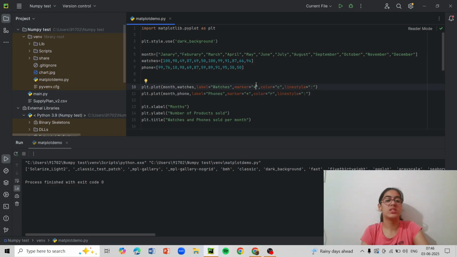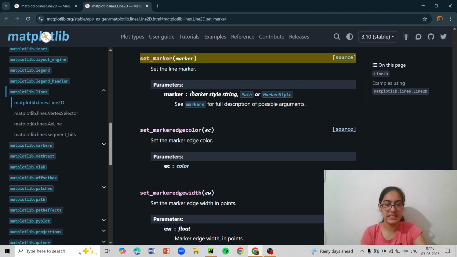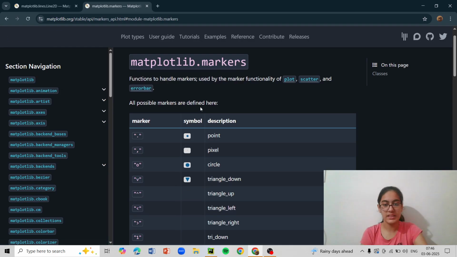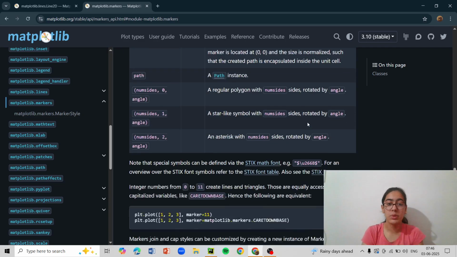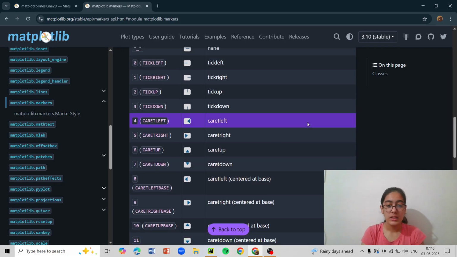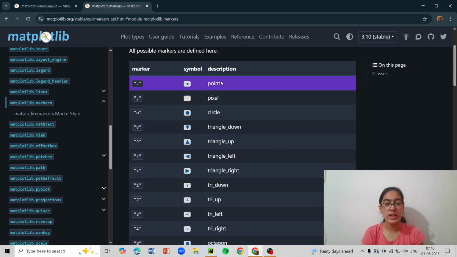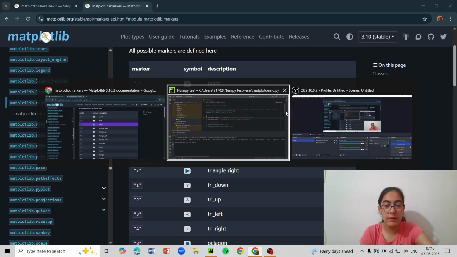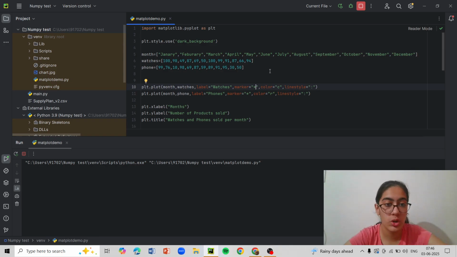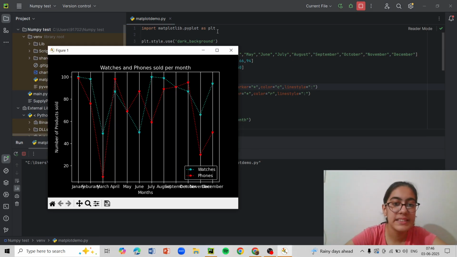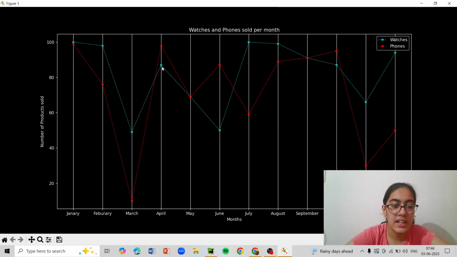This is my most favorite topic. So marker basically shows, just see the markers. Yeah. So this has the most number of options for us, and then there are numbers and variables. So if we want to mark it with a point, now you go back here, run, and if you noticed or not, I'm not sure, but over here we will see that there is a star at every point.